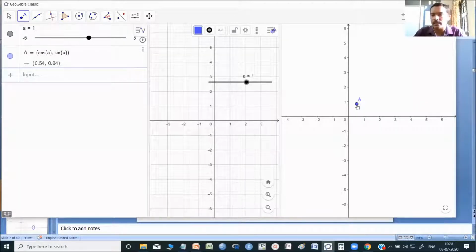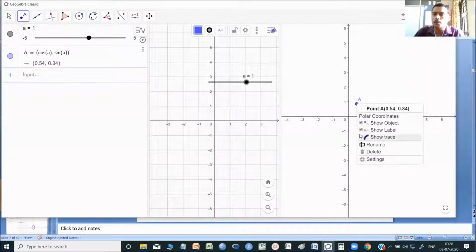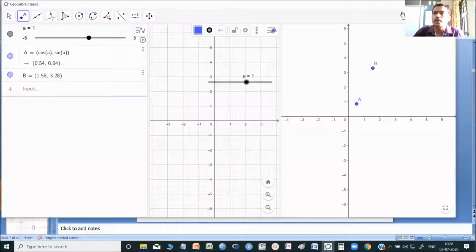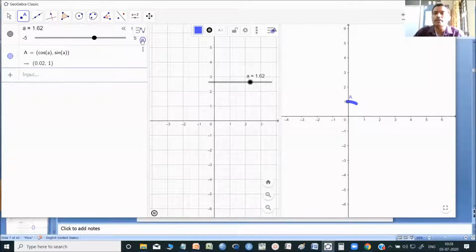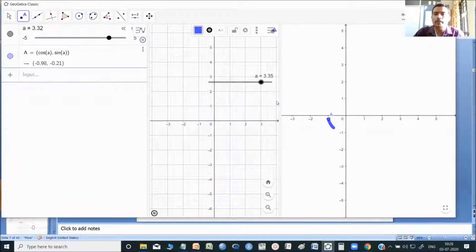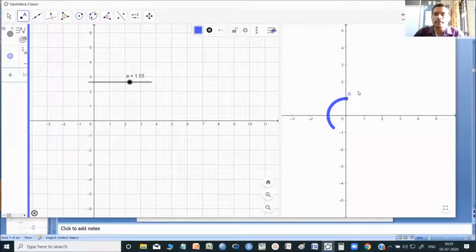So a is here, and capital A is there in the second plane. I just want to see this curve properly, so I have to go for show trace. There is an option to show trace. You click on that option. I'll repeat: when you right click on the point A, there is an option show trace. You click on the show trace option. Done. Once that is done, there is a play button under it. If you press the play button, it will start showing the parametric curve. I will zoom in a little bit so that everyone, even on mobile, is able to see.